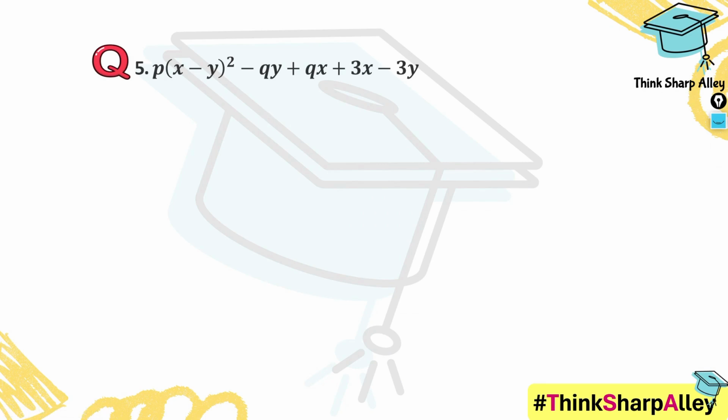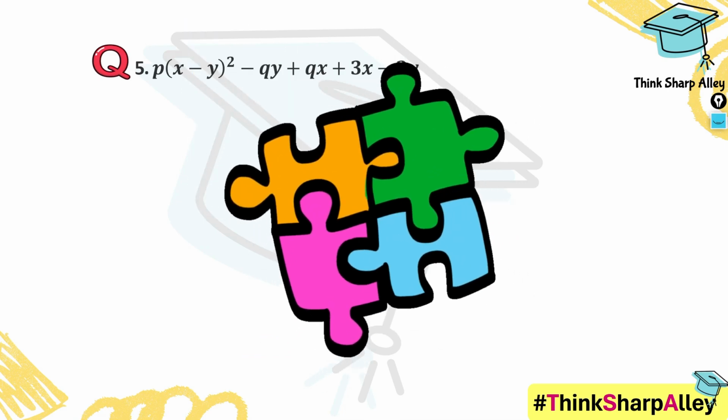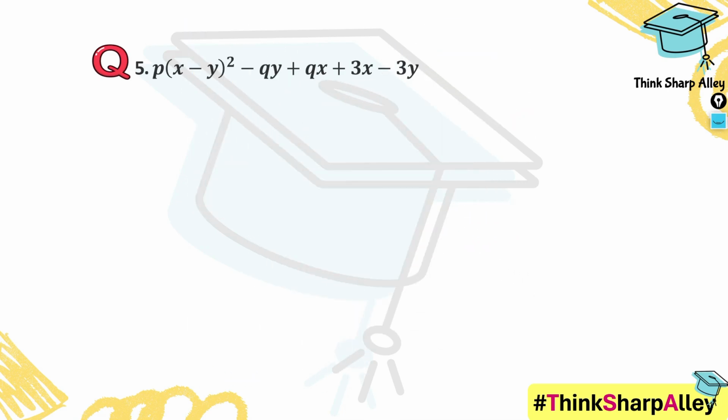Now what if I told you the secret of factorizing this expression is not in expanding but in observing? Like in the previous example, we had multiplied, expanded the brackets, regrouped and factorized. Over here we'll look for patterns. Sometimes all it takes is rearranging and grouping the right terms to make the common factors pop out. Like a puzzle, the right pieces just need to be placed side by side to reveal the solution. So here also no expansion needed.